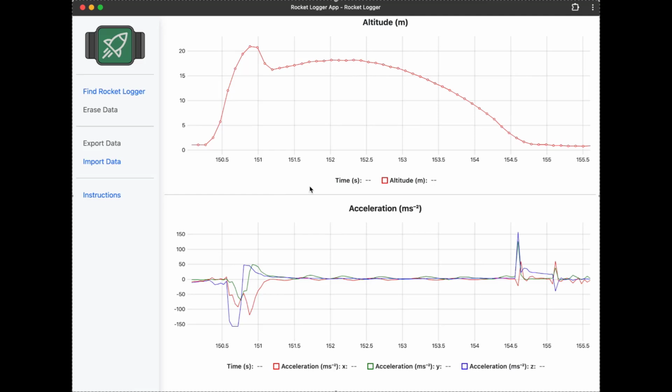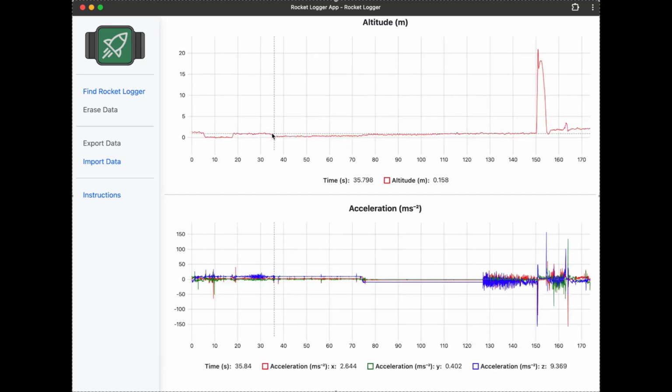Okay, so I think this is a good flight. So it's automatically detected a bit of the free fall and the launch spike and the landing spike either side of it. And you can see we've got a nice altitude profile here. So if you zoom out to the whole data, you can see